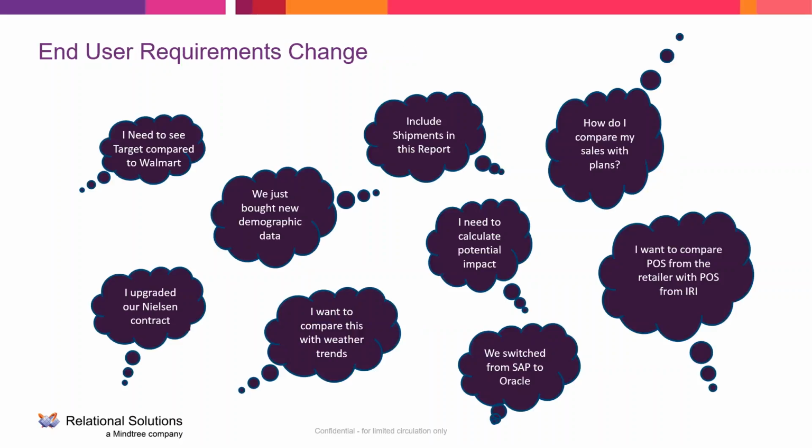On top of that, end users' requests change. So today they may want to look at their own internal sales, and they may have no need to compare it with any other retailers. Well, e-commerce exists today for a lot of companies, and so do sales on their own website versus Amazon's website. There's all sorts of omni-channel issues occurring out there. Maybe today they don't just want to see their sales at Walmart. Maybe they want to see their sales compared to sales that they have online, or compared to all retailers, including their online sales. And that's something a manager would want to see if they're responsible for overall sales. So the end user's requests are constantly changing.